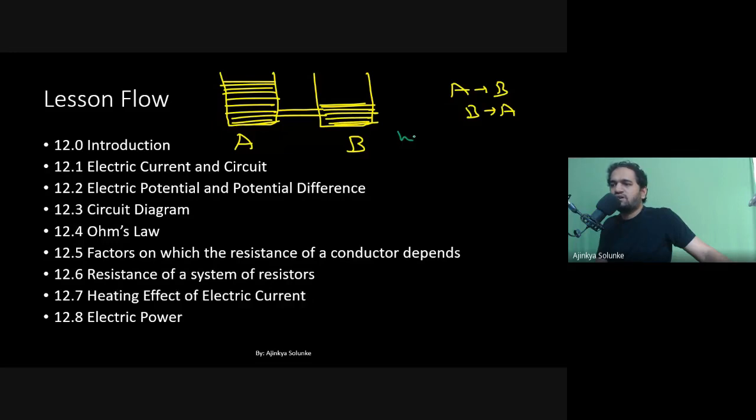Anything which flows generally flows from high concentration to low concentration. That is how the charges, let's say, anything moves in the world. Either it is pressure, or it is content, or nitrogen, or oxygen. Whatever you are talking about, it generally moves from high concentration to low concentration. So that is how this thing moves.